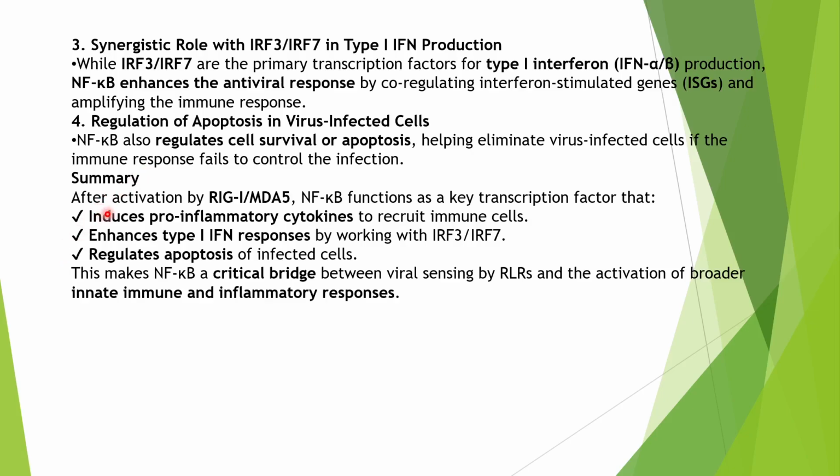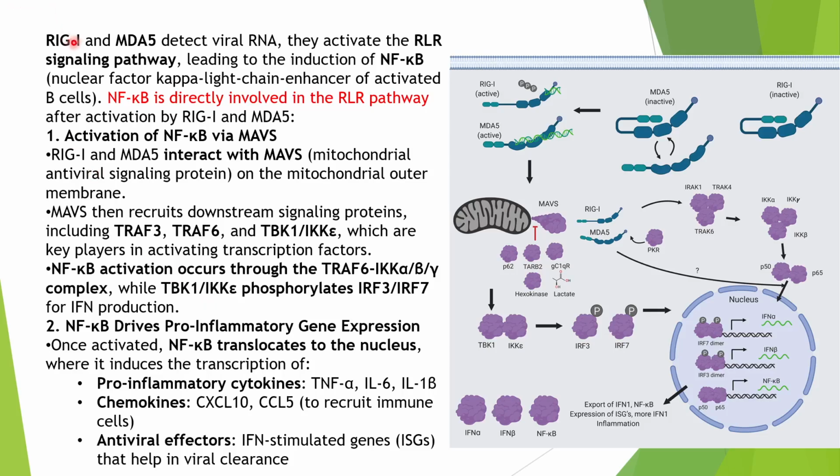So finally, to summarize this, after activation of RIG1 and MDA5, NF-kappa B functions as a key transcription factor, which induces pro-inflammatory cytokine production for recruitment of immune cells, that is also including your chemokines. Then it enhances your type 1 interferon response by working with IRF3, IRF7, and also regulates the apoptosis of infected cells. So this makes NF-kappa B a critical bridge between viral sensing by RLRs and activation of broader innate immunity and inflammatory responses. So your RIG1, MDA5